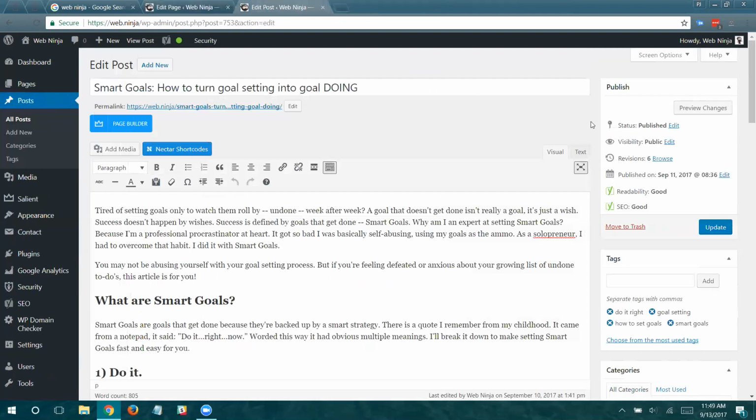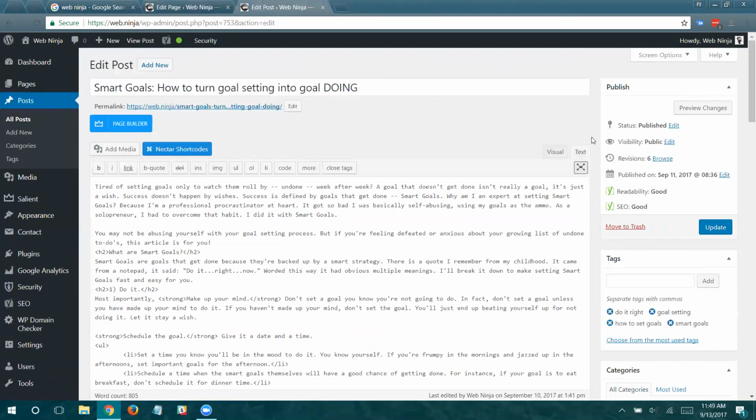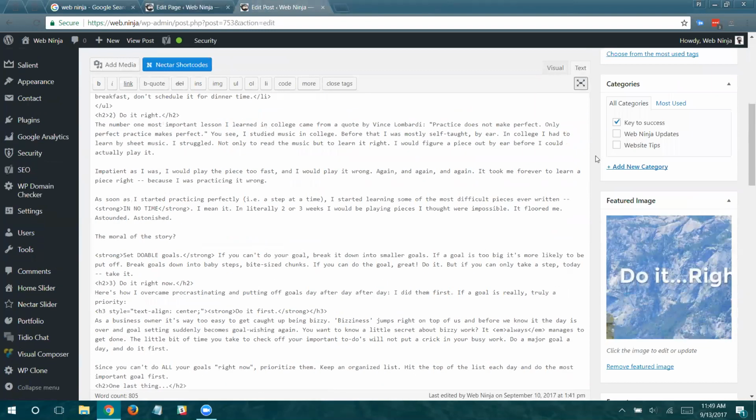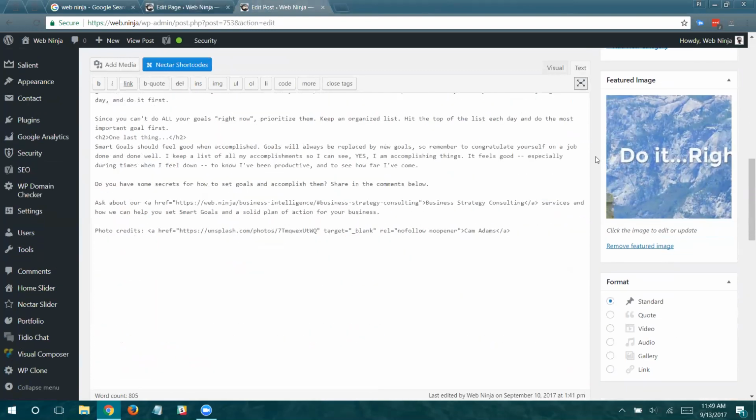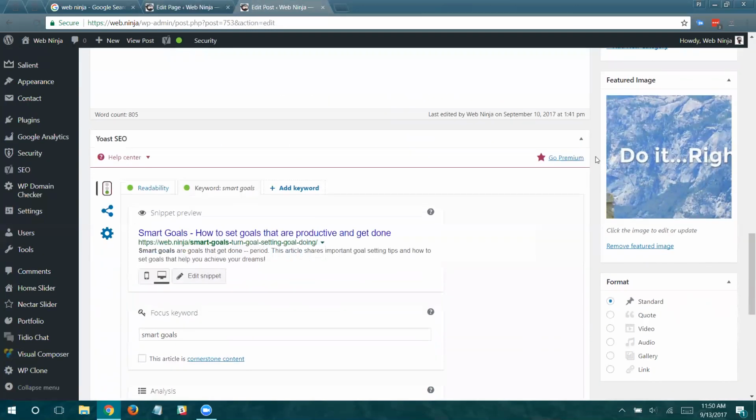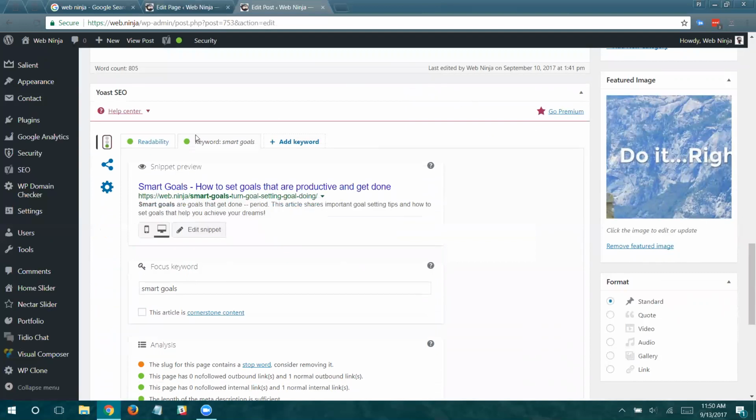Okay, so now here's this article that I just wrote for my blog. I'm going to go through these items again just so that you can see an example. I'm putting this on text just because a few of these things do something weird when I scroll down to here. But I just want you to see the Yoast SEO plugin in action again. This is for a post, not a page, but it's going to be the same stuff.